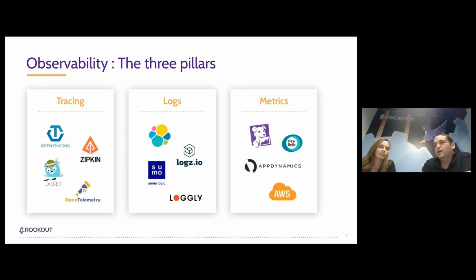Observability is about being able to always see what's going on inside the code, inside the application. I'm going to use the word traditionally, although, as you said, observability is the upcoming new trend, and yet traditionally in the world of observability, we speak about three main pillars.